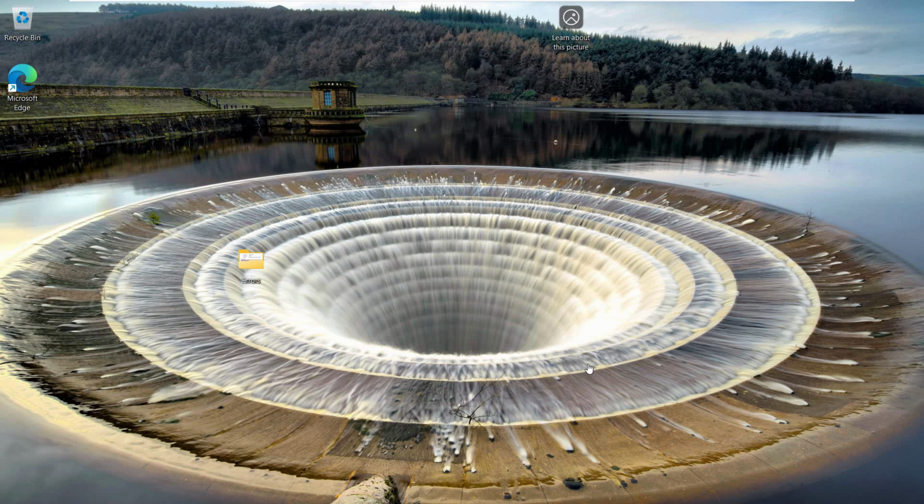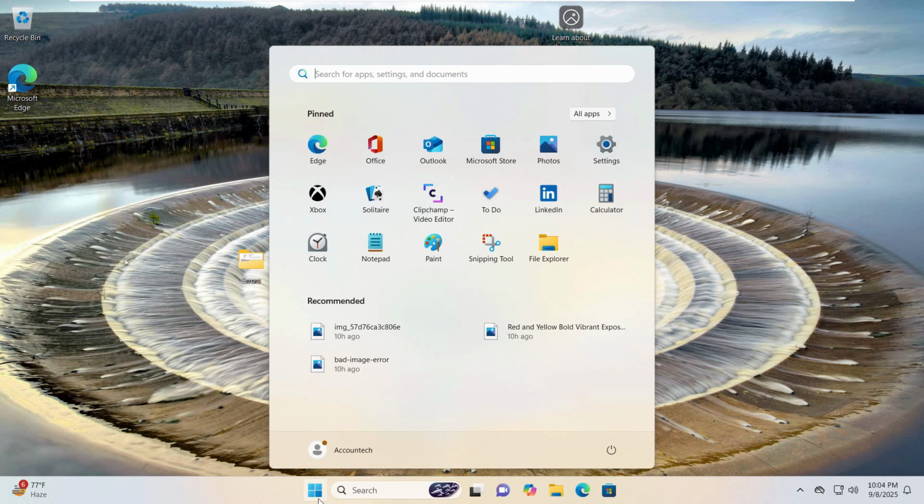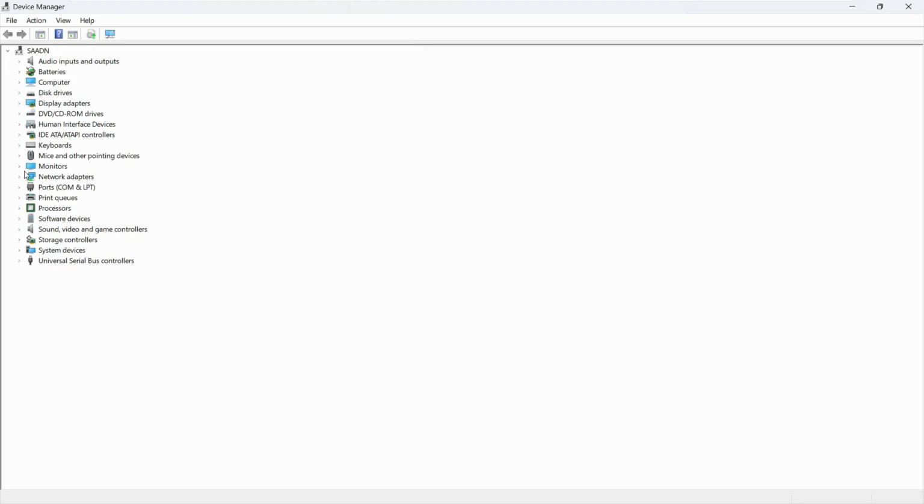In this video, we are going to see what you can do if your Valorant driver or the graphics driver is crashing or not working. First of all, just open up the search menu and write Device Manager here. And what you need to do is just click on Display drivers, click on this little drop down,